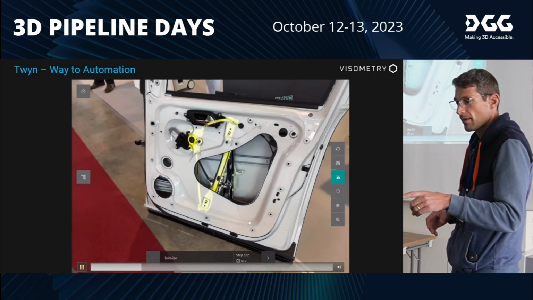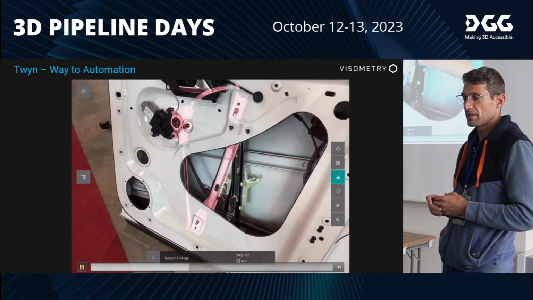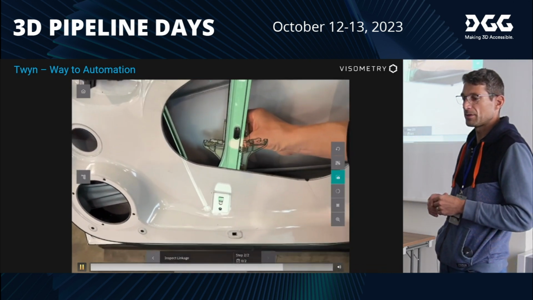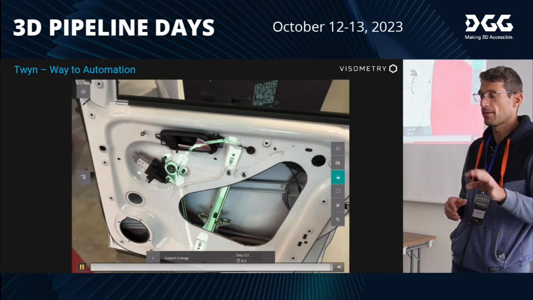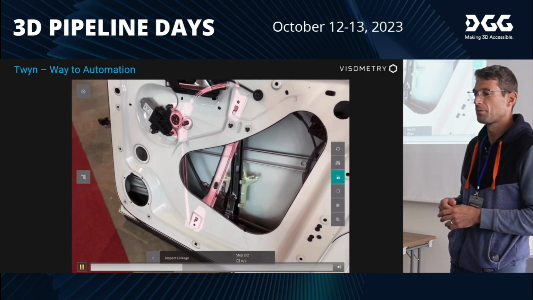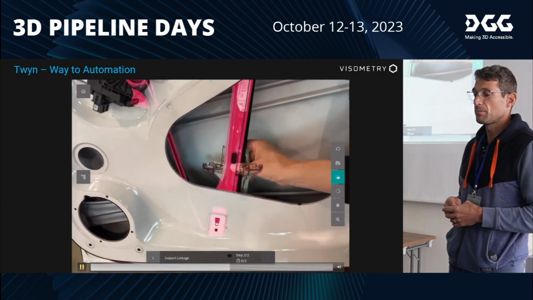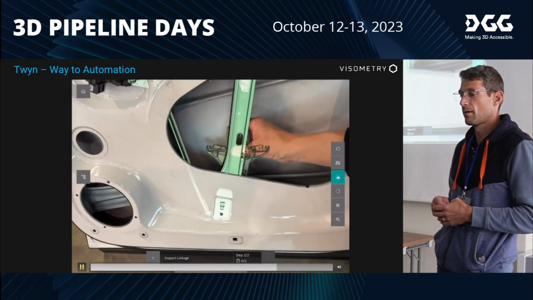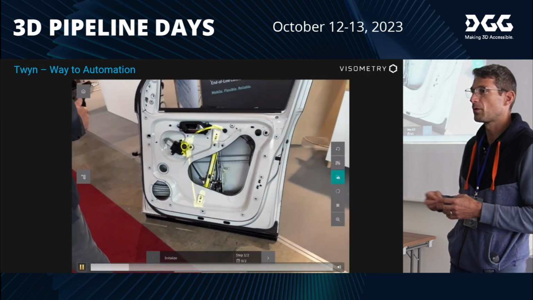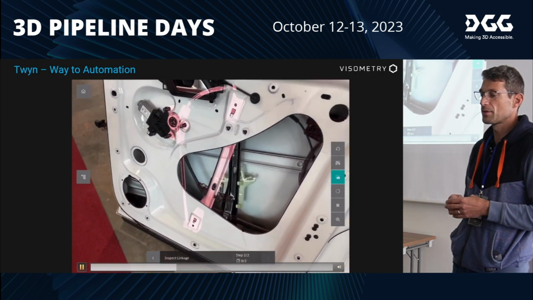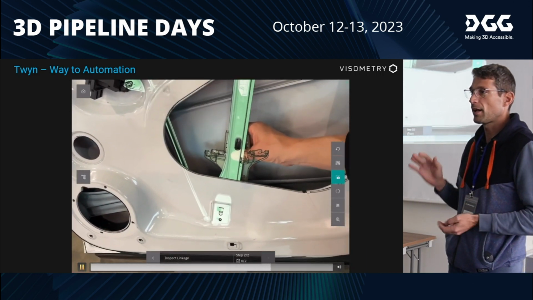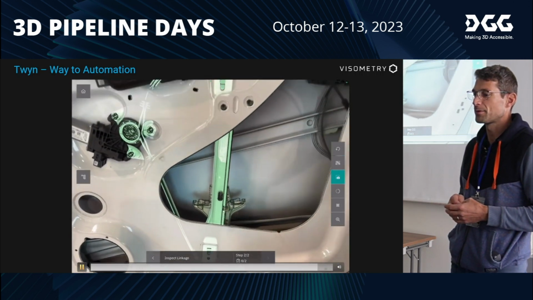For example, here there's this window lifter in the car door which is misplaced, and because we can check the car door and also the window lifter as two different geometries, we can detect if the window lifter is in the correct tolerance range in relation to the car door. This shall be the way to a more automated quality inspection, so that we use the computer vision system not only for detecting the orientation and position of objects, but also for automatically detecting the correct placement and alignment of certain parts.